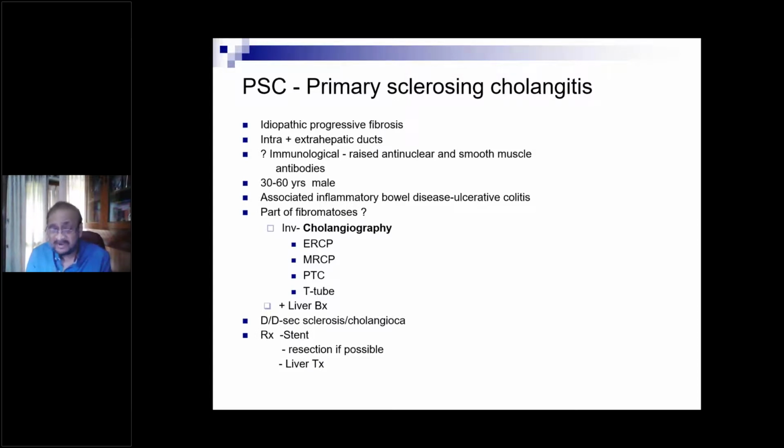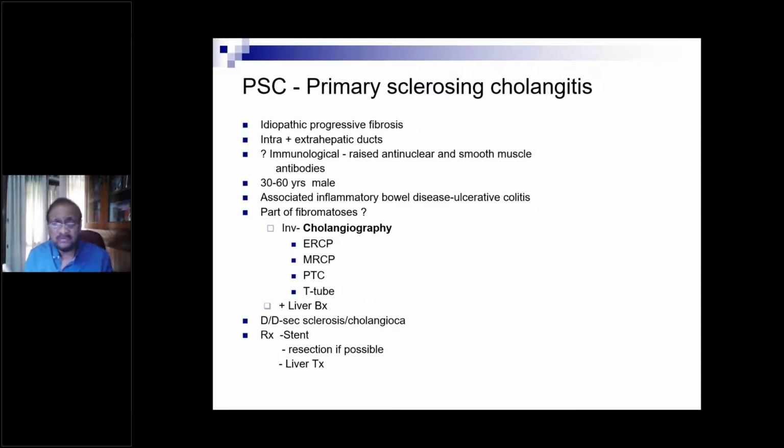Dupuytren's contracture, and the corresponding part in the plantar area, that is plantar fasciitis. Dupuytren's contracture and plantar fasciitis are part of this. Peyronie's disease is a part of this. So at least 5 or 6 conditions now you know, which are all fibromatosis, which are hyperplasia of the fibrous